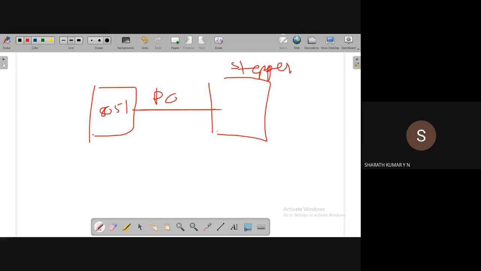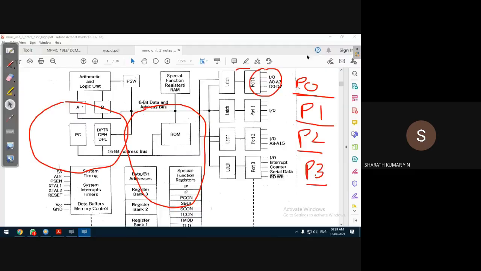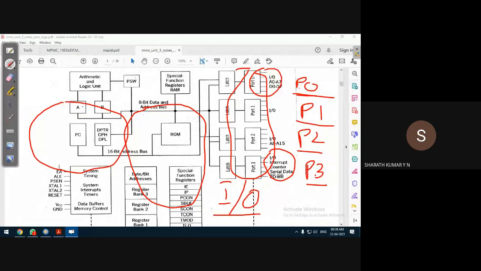We can use any port. Port 3 has special functions, but generally all the ports can be used as IO pins. IO pins means a pin can be configured as an input pin or as an output pin. Of course, a small setting needs to be done, and with that we can configure any pin as input or output.